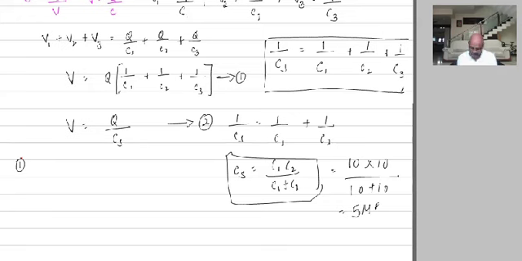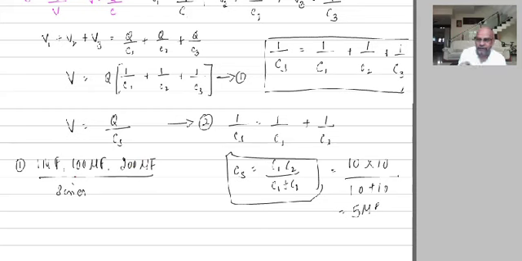For example, say if you have 1 microfarad, 100 microfarad and 200 microfarad. If you connect all these in series, then the effective capacity will be less than 1. The effective capacitance Cs will always be less than 1 microfarad. So if you have 1 microfarad, 100 microfarad, 200 microfarad, all three connected in series, then the value of Cs will be less than the least. Which is the least? 1 microfarad. It will be less than the least.